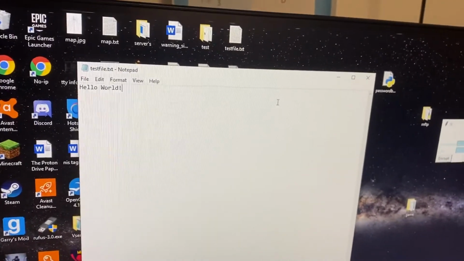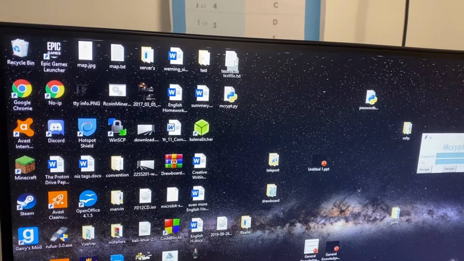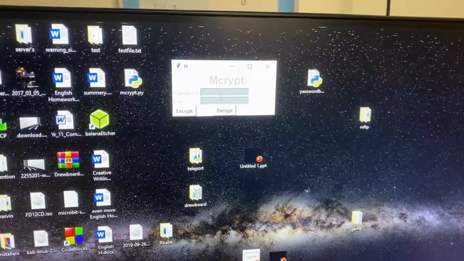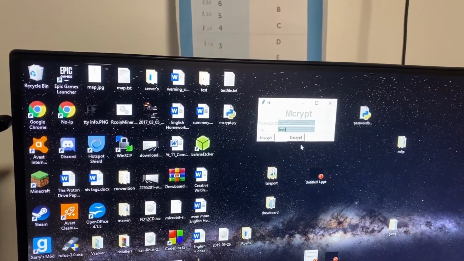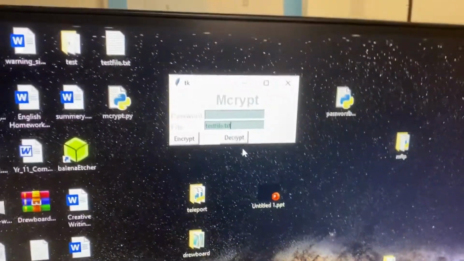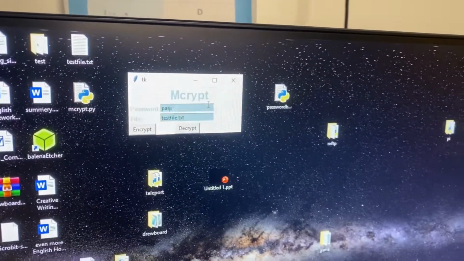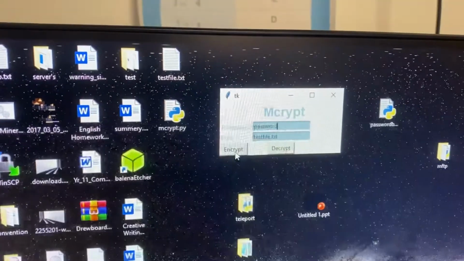Okay, so this is it here, just this little small thing. We've got a file, just called test file, and it says hello world. Now we want to send this to someone, but obviously we don't want anyone else to be able to read it. So what do we do? We encrypt it. We type in the name of our file, test file.txt, because it's a text file, and then we just type in a password. So let's just make it password. Now we click encrypt, and you'll see that